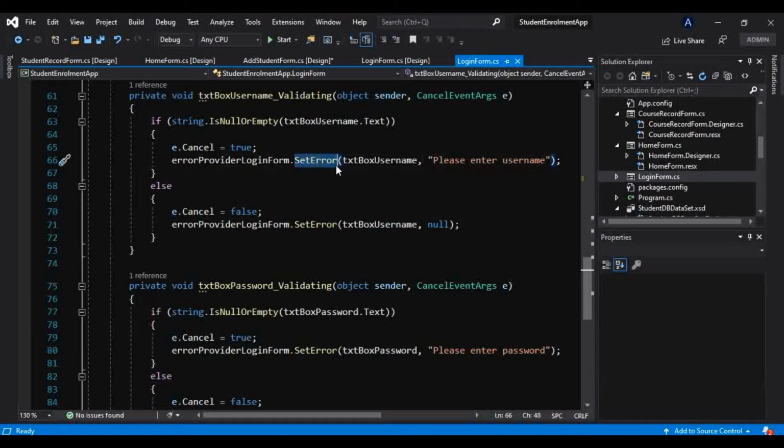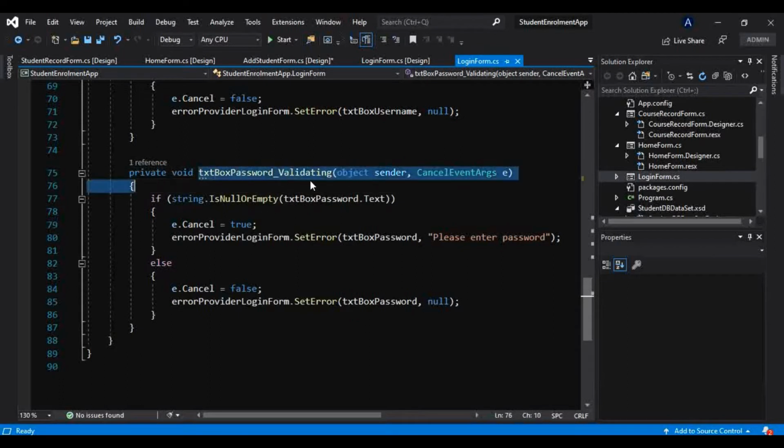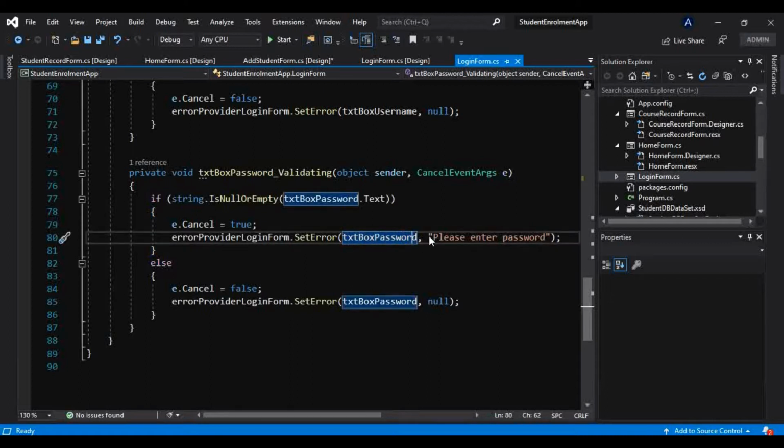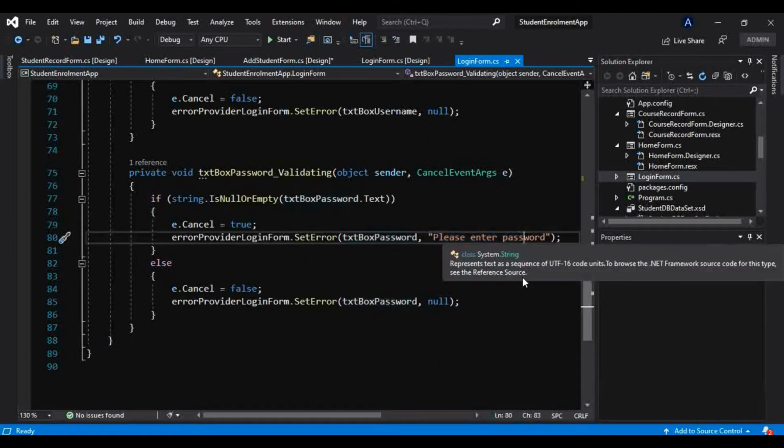So for the text box username validating, I have passed the text box username as my control for this error provider to generate the error, and similarly in the text box password validating, I have used the error provider login form again, but this time I have passed the control text box password and the respective message. So we need only one error provider for a single form.